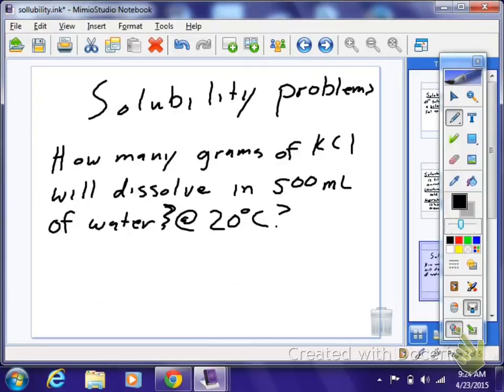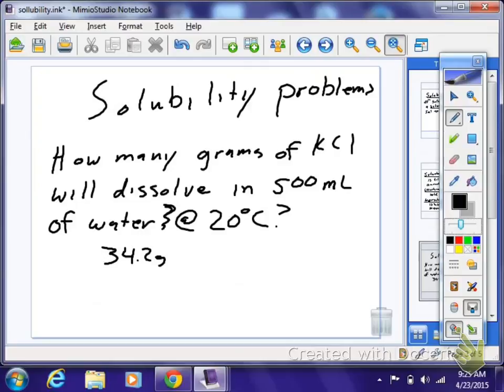When you do that, you're given information you can use to solve this problem. Okay? This is going to be a ratio problem. So when you look up KCl at 20 degrees Celsius and find its solubility on page 410, it's 34.2. Does everybody see? At 20 degrees Celsius, it's 34.2. Okay? So 34.2